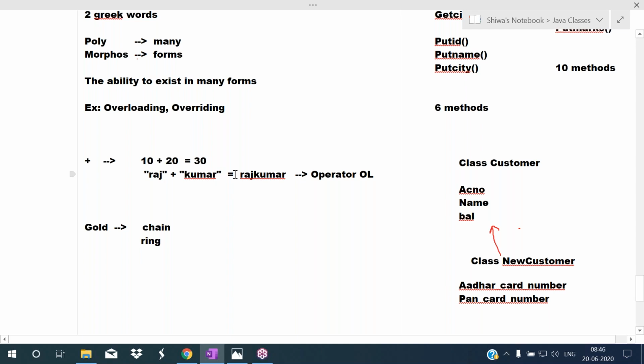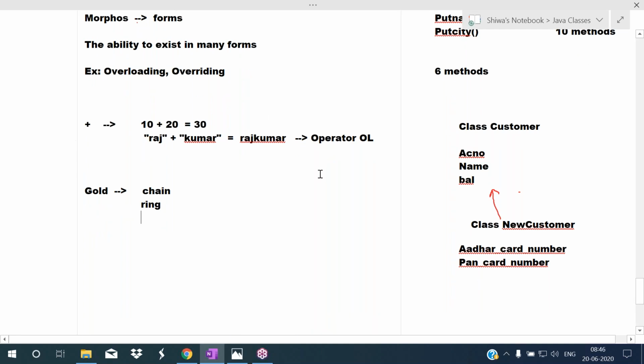Like that, the same operator exists in many forms. If the same operator exists in many forms, that is called operator overloading.